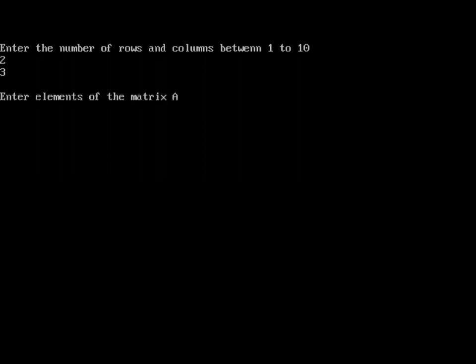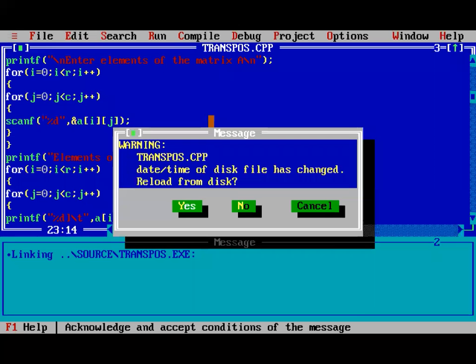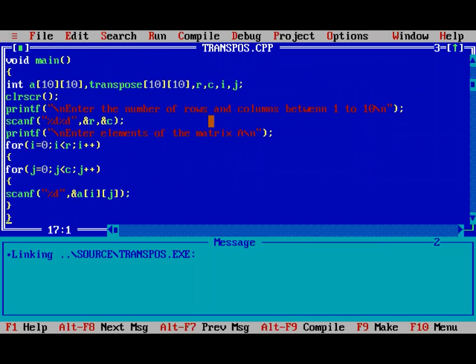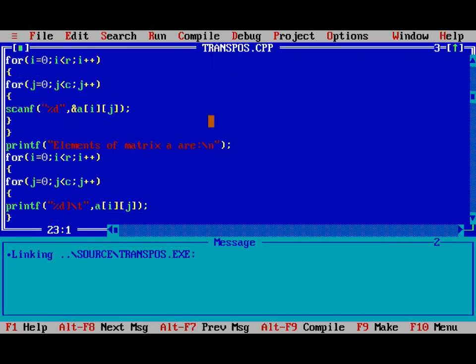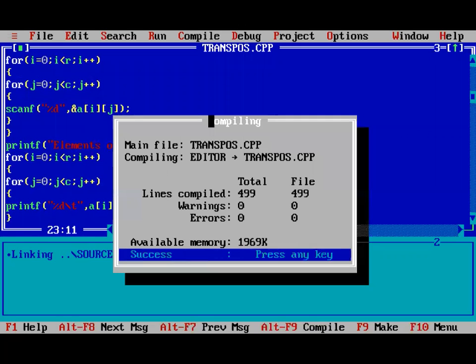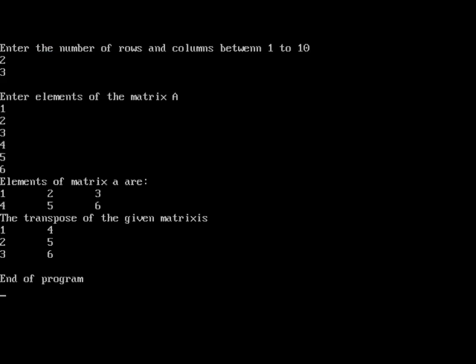And let us again try to run this program. Let us enter the elements 1 2 3 4 5 6. Now other things are there. Okay, I think while adding, by mistake I have added the closing square bracket here. So there was a little bit of an issue in that program. Now if we run this program again, that issue will be removed. Okay, now the program looks perfect here.